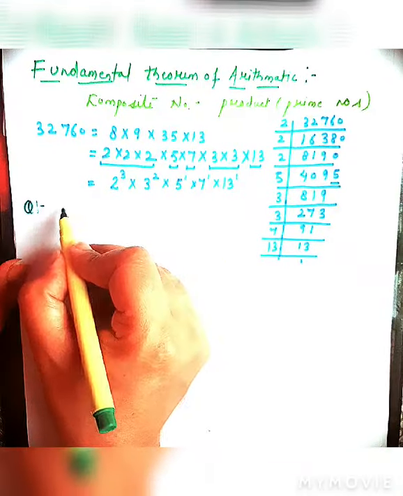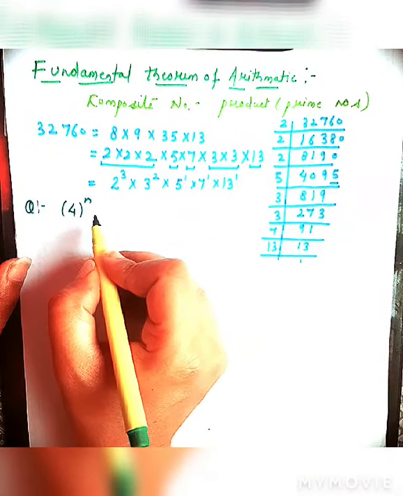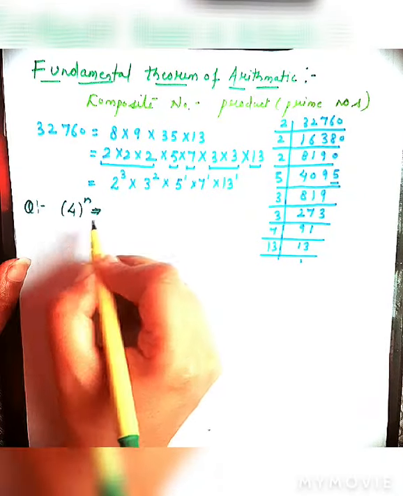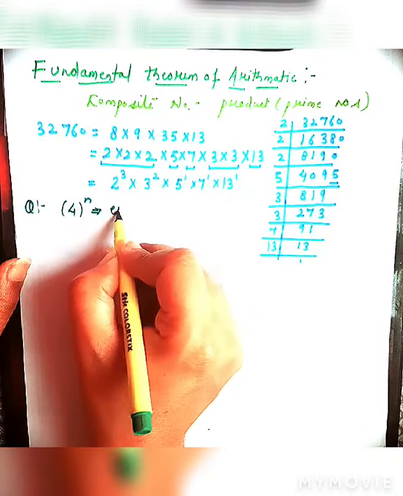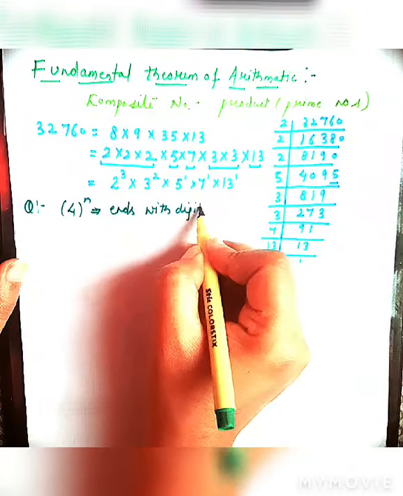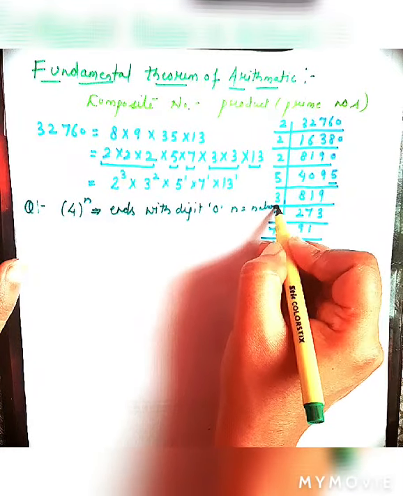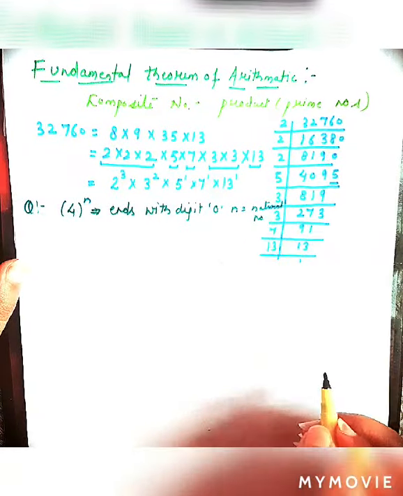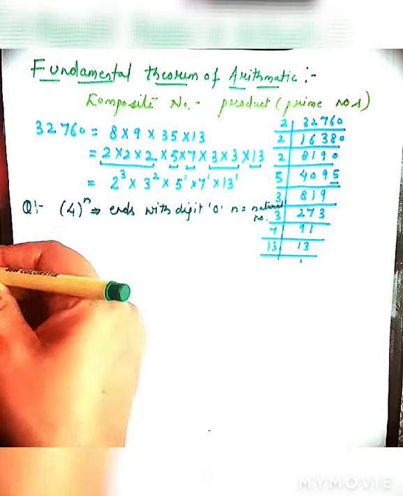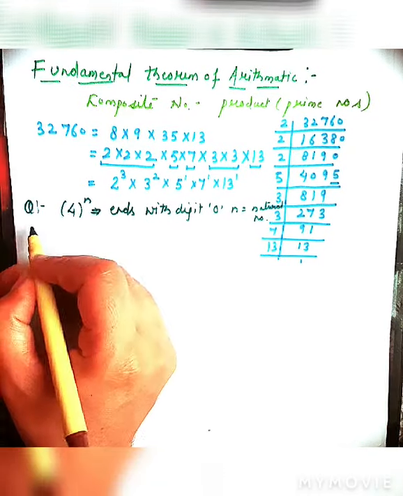Let us check whether 4 to the power n ends with digit 0. They are saying to check whether 4 to the power n ends with digit 0 for n a natural number. If n is a natural number, is this possible? In order to solve this question, we have to see